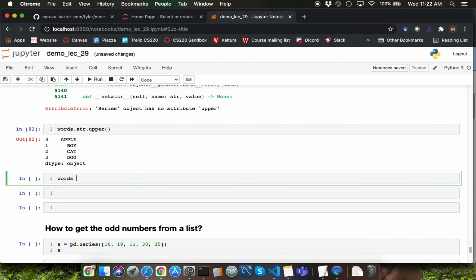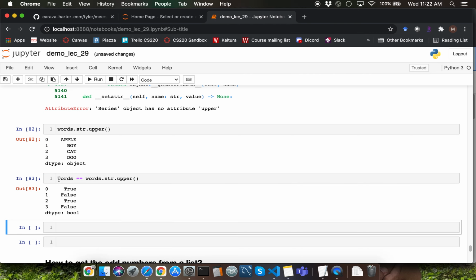We want to compare the values inside words to the values inside words.str.upper, and that's going to generate a Boolean series for us.